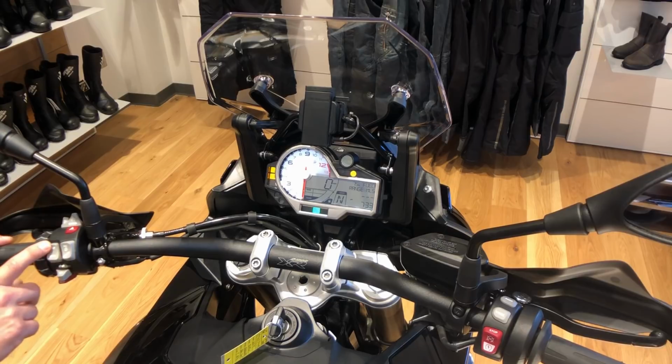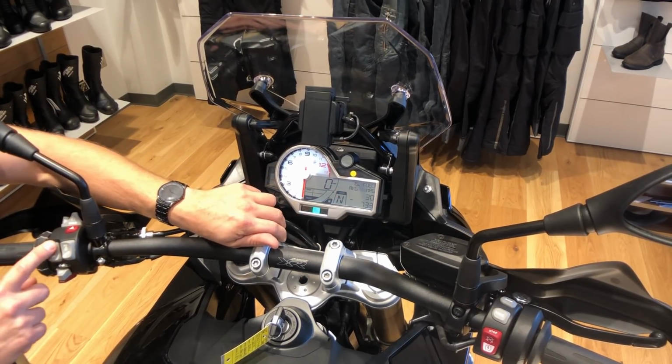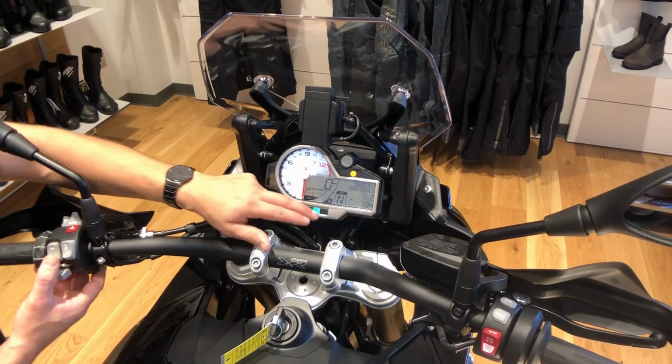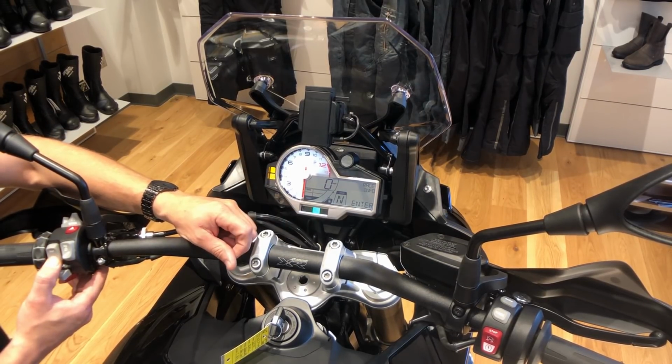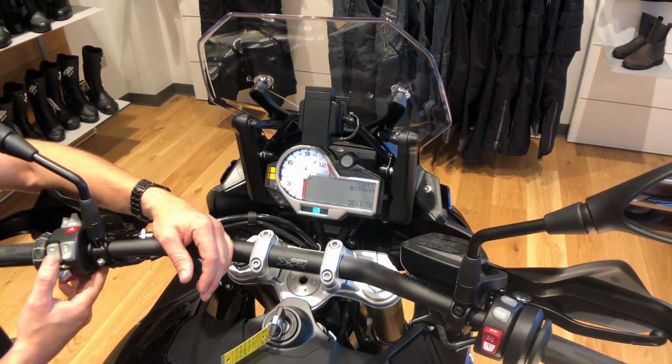We have our trip, which is going to start out with our odometer, trip 1, trip 2, average miles per gallon, average miles per hour, and back to our odometer. The information button will take us down into our lap time information, our race info menu, which we can go into and play with a bunch of best ever, best last lap, a bunch of lap timer information for deleting laps and delete the best ever, and exit. So with a constant hold, we can exit this